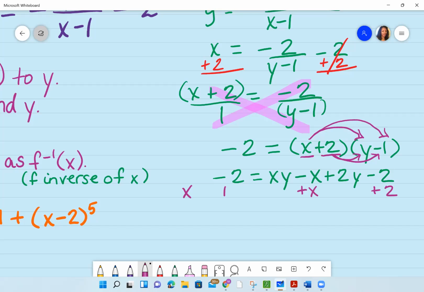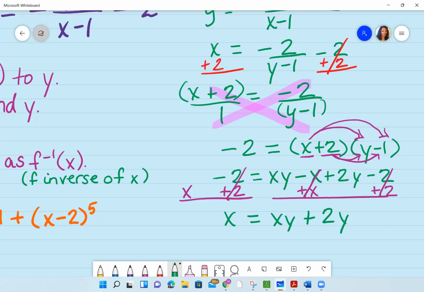Positive x, positive 2. So when I do that, I notice that I am going to get rid of this on the left-hand side of the equal sign, the -2 and the positive 2 go away, leaving me with just x. And then I am setting this equal, so that you don't get lost here, to x over y. I get rid of this one and I get rid of that, and I'm left with plus 2y. So now